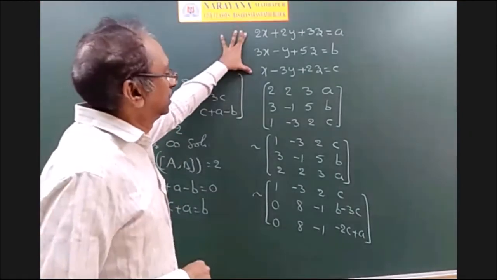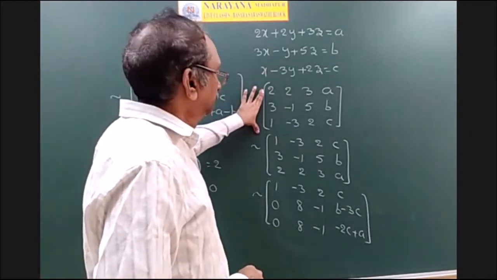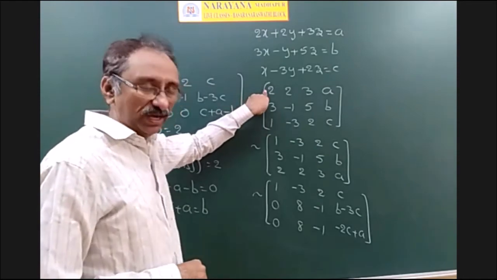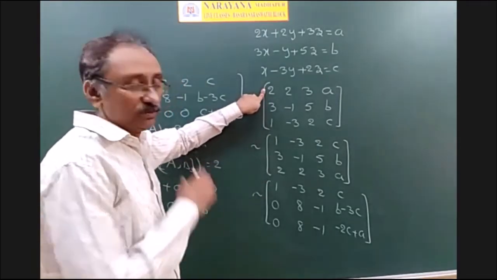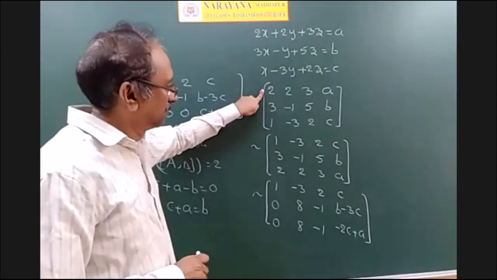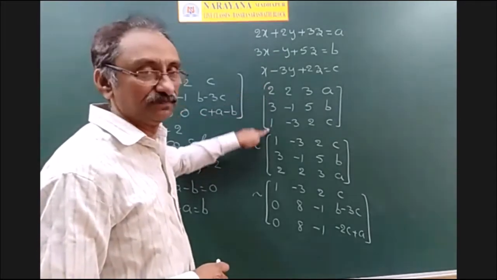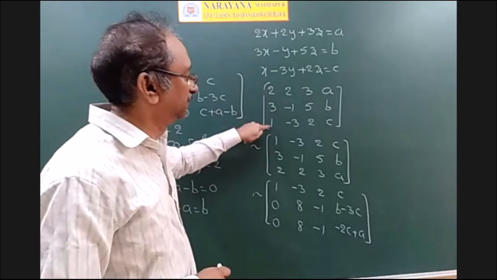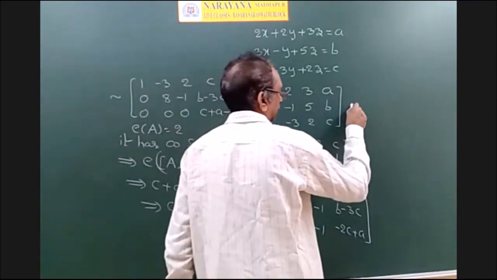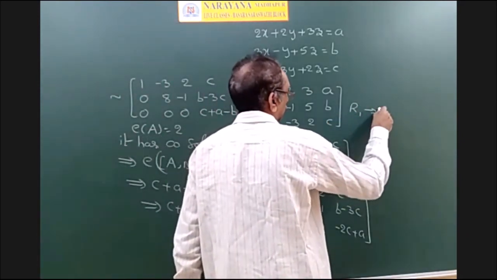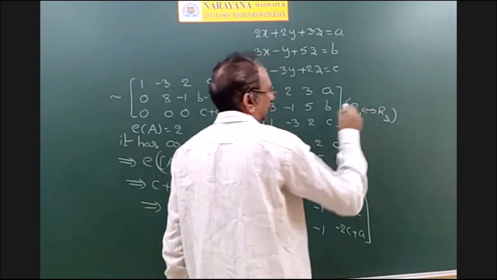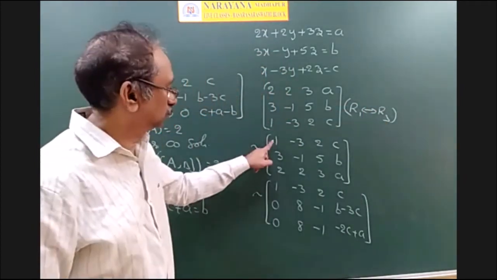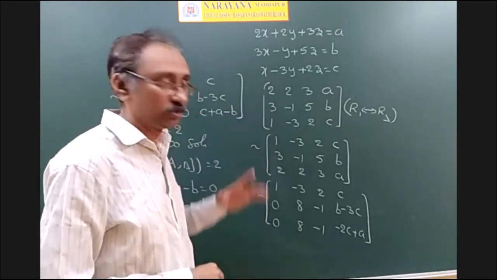See, consider the augmented matrix. It is better if there is 1 here. Even though there is no 1, we can do this; we do that later. But just we can interchange these two. So third row and first row are interchanged. That is, the operation we have used is R1 and R3 are interchanged. So 1 comes here and 2 goes there.